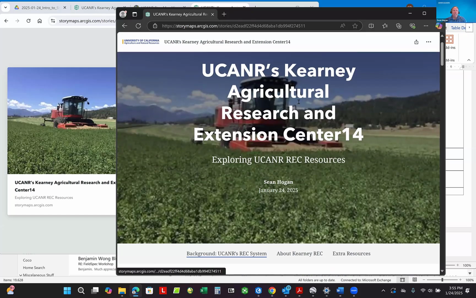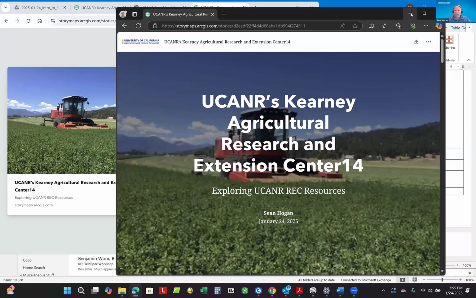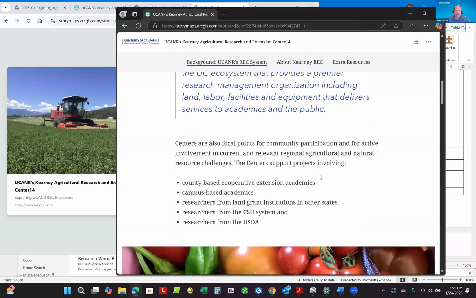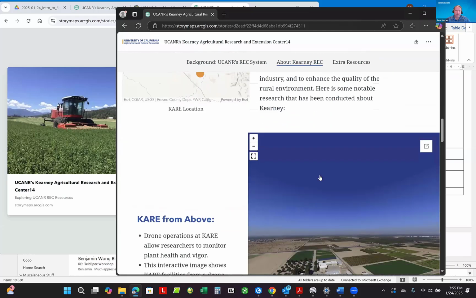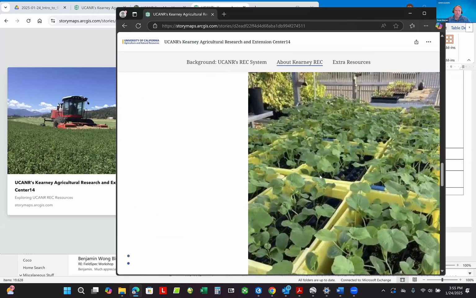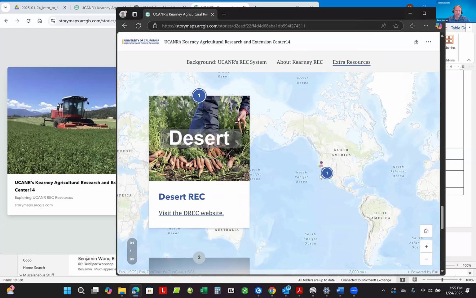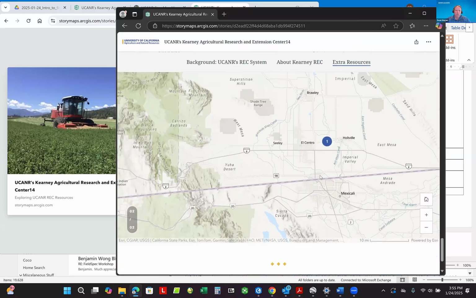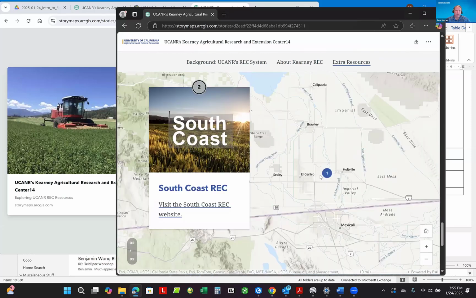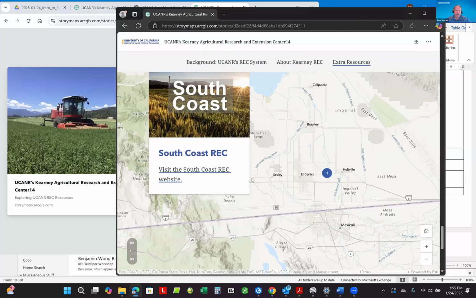Now, if you email that link to your mom, your boss, your colleagues, whoever you want, in theory, then you should have a story map that looks a bit like this. It's very similar to what we had before. Oh, we forgot to add in the South Coast Rec